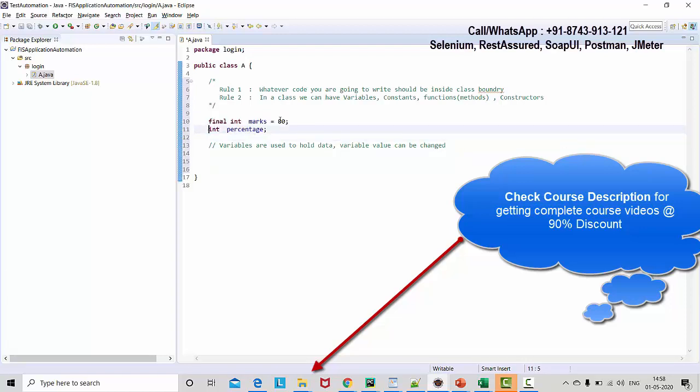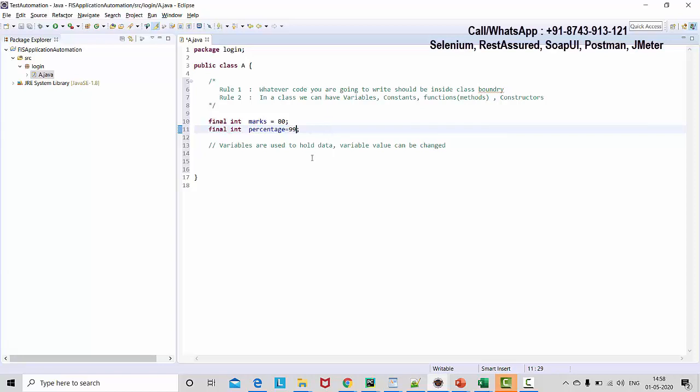But if I try to create this one as a constant as well, it starts to give an error. Why? Because when we are creating variables, it is optional to give an initial value. You can give an initial value, you can skip it. But when we are defining constants, it is always mandatory to give an initial value. Why? Because the value of a constant cannot be changed, so while declaring the constant, we have to give an initial value.